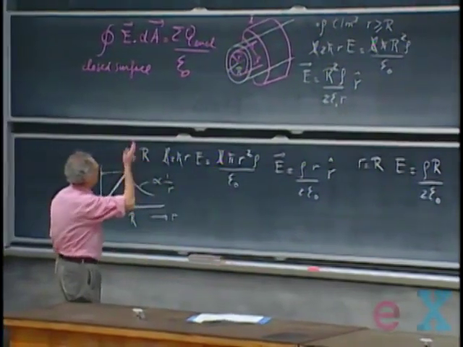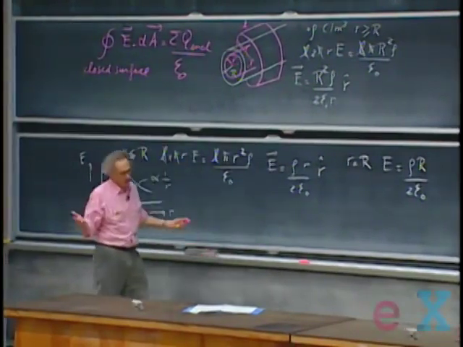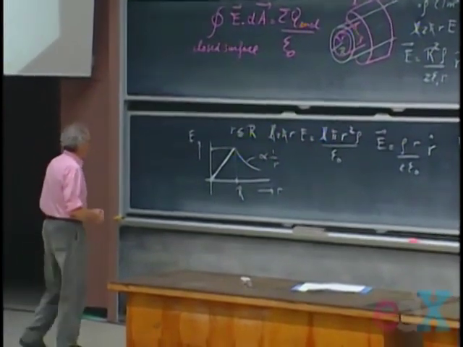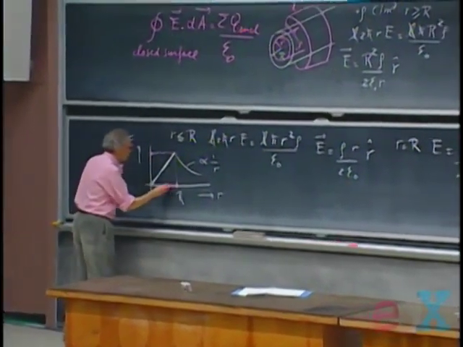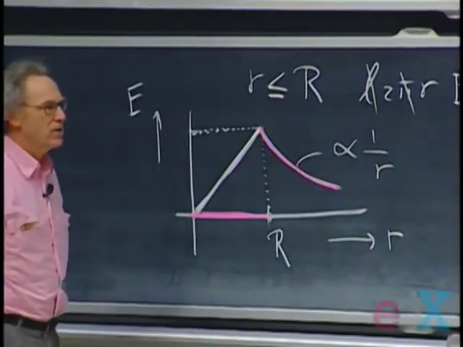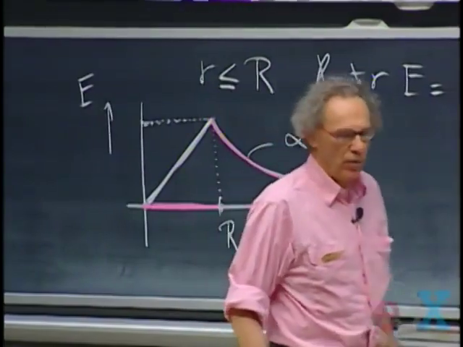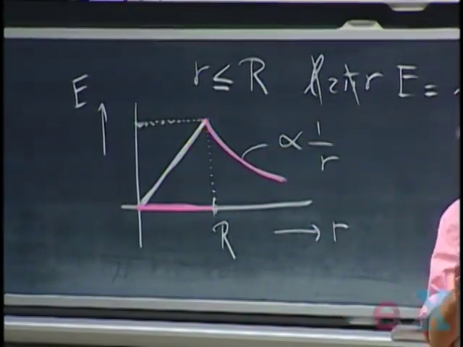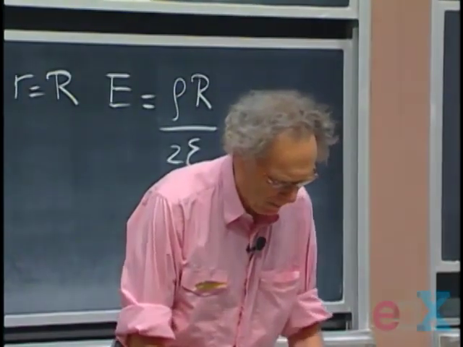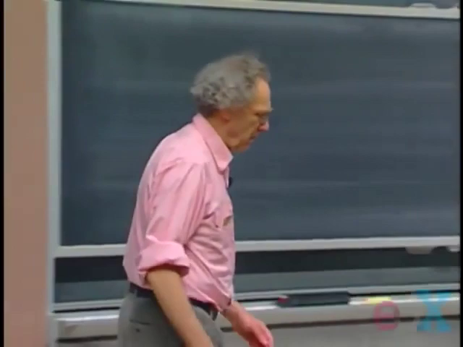If the charge, for some reason, would all be at the outer surface, if it were a solid conductor, that would be the case, then the electric field would be 0 everywhere inside, and this would be unchanged, assuming that you have the same amount of charge on the outside per unit length as you now have on the inside. So that is cylindrical symmetry.